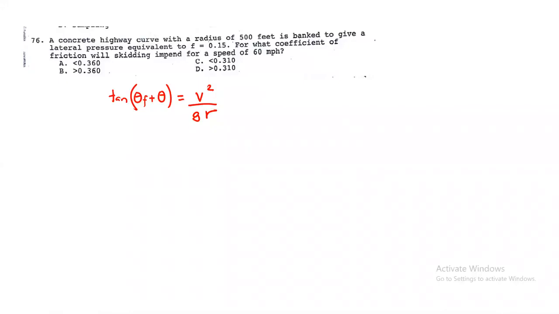So, dito guys, kukunin natin dito si friction angle. Friction angle is equal to arctan ng given na friction. So, arctan ng 0.15 guys is 8.53. Ito 8.53, substitute mo dito: tangent ng 8.53